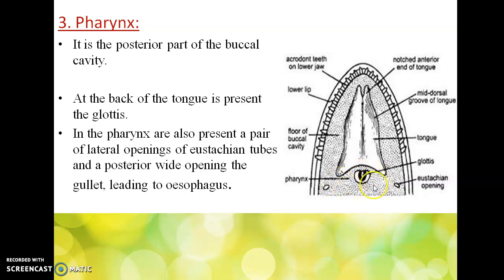This is the pharyngeal region. This is the tongue, and it is provided at the back of the tongue region. You can see that there is a small opening present. This is called the glottis. This glottis is generally passing air into the